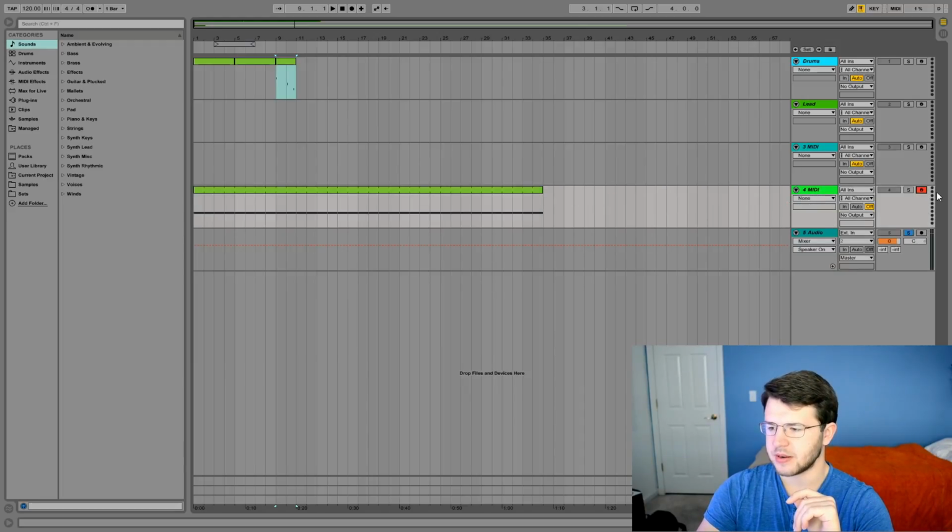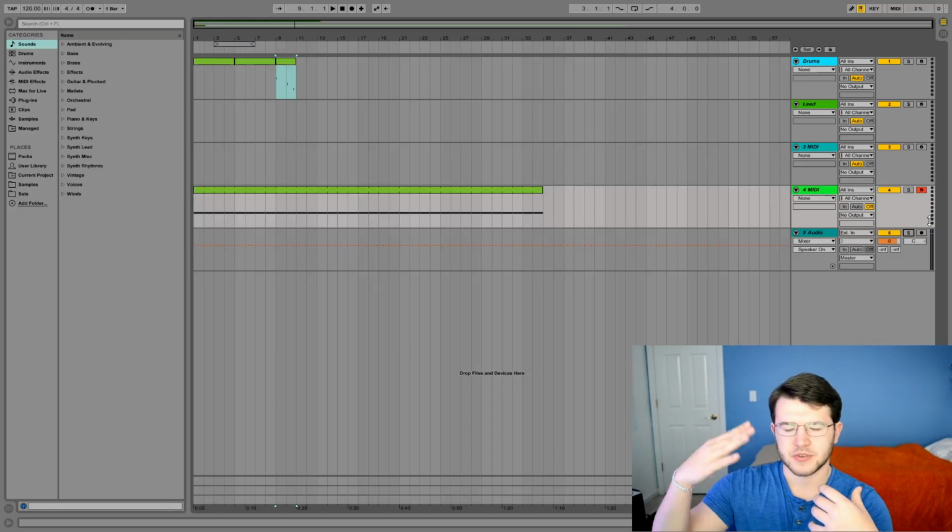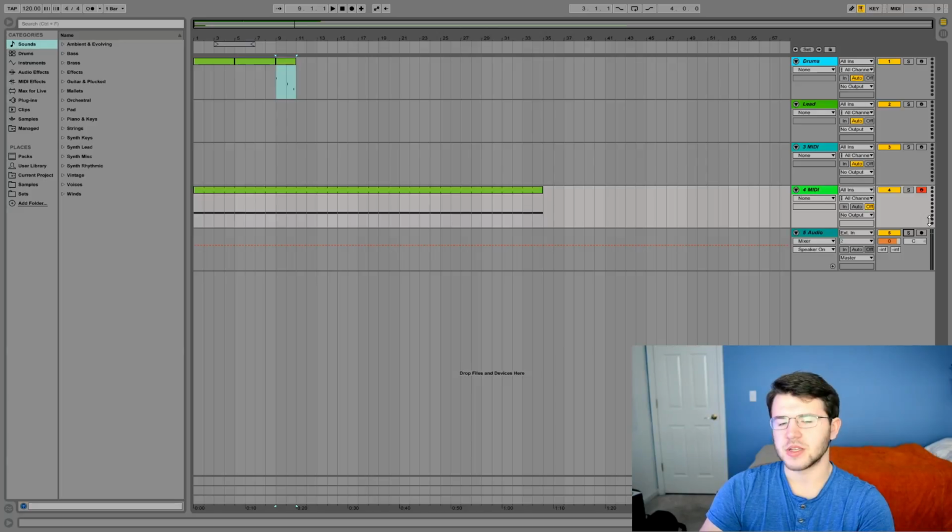Now, this button here with this little music note, it's only going to appear on a MIDI track, because what that's doing is it's known as arming it. So that allows you to use your computer keyboard. You'll notice here if I hit keys on the keyboard between the A and L, let me unsolo this. So you'll see that those little dots there show up, and they jump up and down. That's showing that a note is playing,